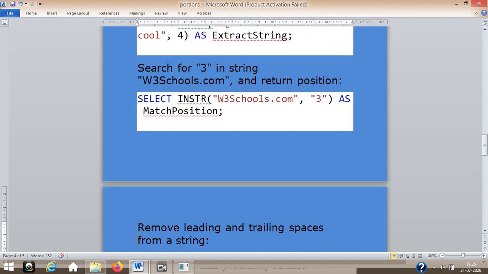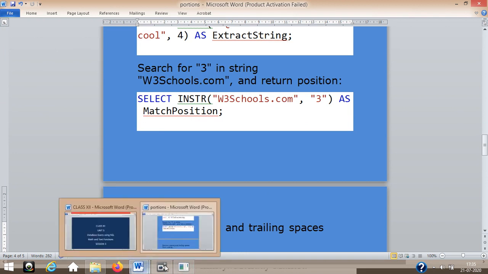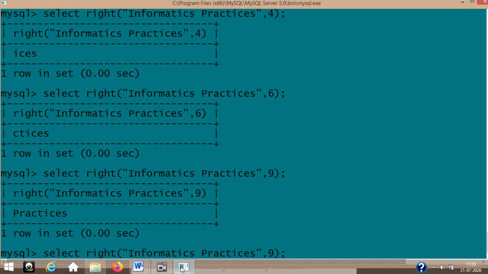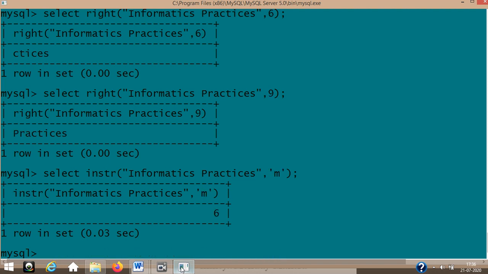And then I have INSTR, and that is also one of the important questions which we used to have. Let's see what INSTR is so you will easily understand. Suppose I give this here. Now where is M found here? Okay, M is found at 1 2 3 4 5 6. So INSTR returns the position of a particular character. Can I give more than one? Yes, I can give more than one.